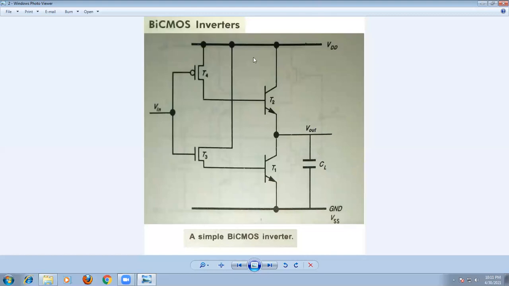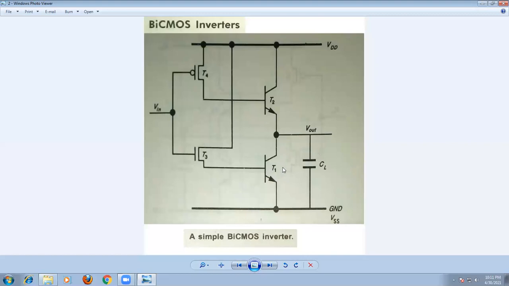Similarly, when you apply the input voltage logic 1 here, what happens? This transistor turns off and is not able to drive the transistor T2, so T2 is also in the off condition. Because of this high voltage, this transistor turns on. When it turns on, it is able to drive the transistor T1. That means it supplies sufficient base current, or base drive, to T1, so the transistor T1 turns on.